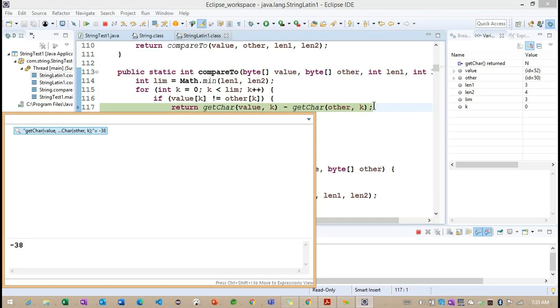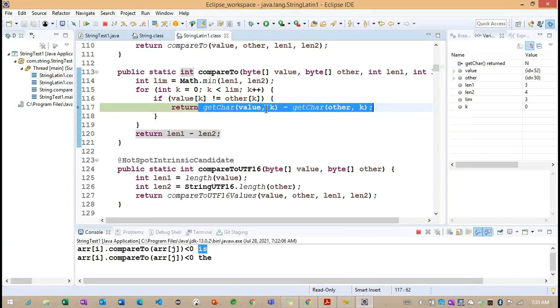So this is the code, whatever code we are seeing right now. This is the internal behavior of the compareTo method. So this is very important here. If we want to write any custom compareTo method, first we need to think about how this particular compareTo method is working internally. Based on that, we can define the custom compareTo method. Getting the point? So these are about the compareTo methods.